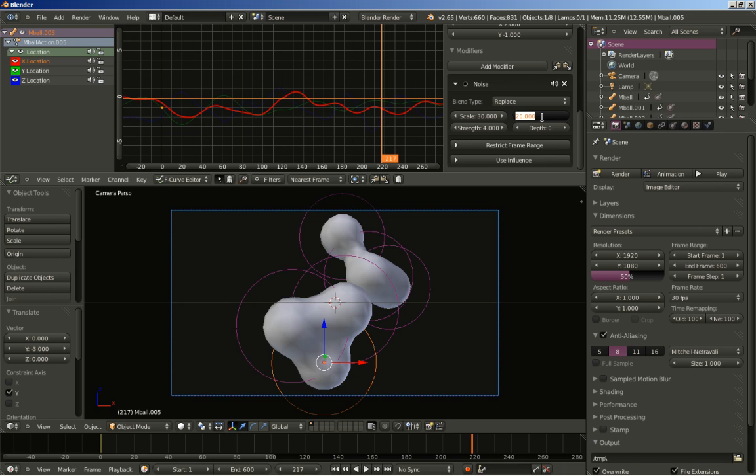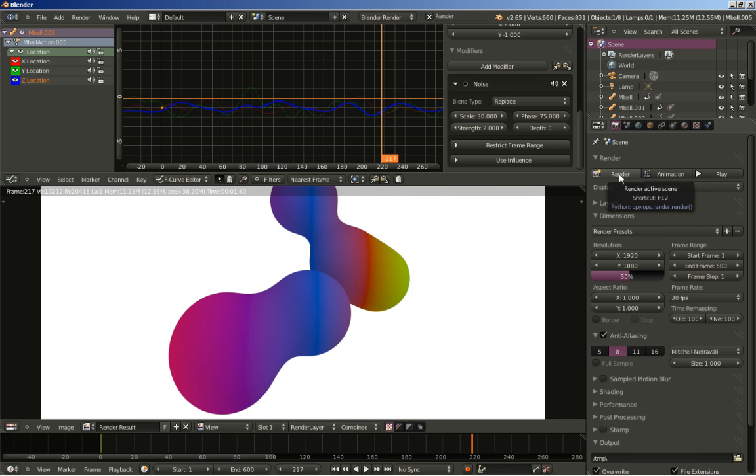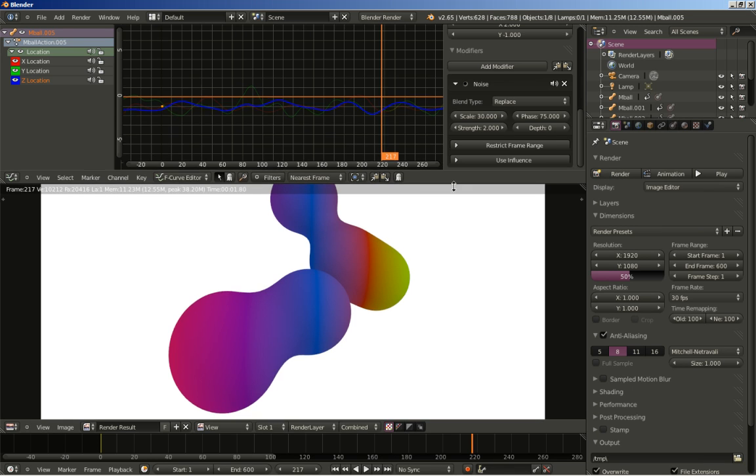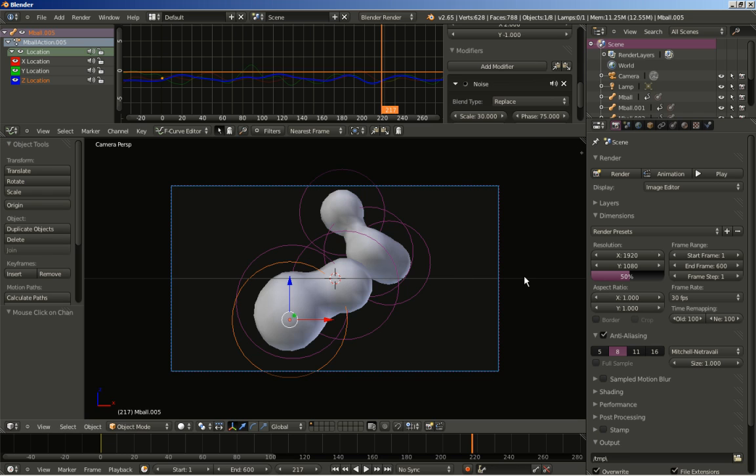Okay, alright. The Y location, scale 20, strength 5 and phase 15. And the X location and the Z location, excuse me, I'll change the strength, set it to 2, and I think we're good at about there. Let's render another image, and you can see how our scene looks. Okay, that's pretty nice. And what you can also do, I'll hit the escape key to move back to the